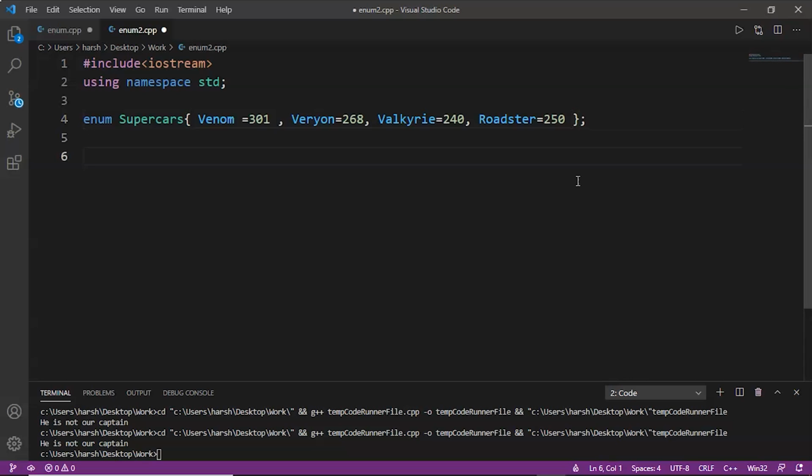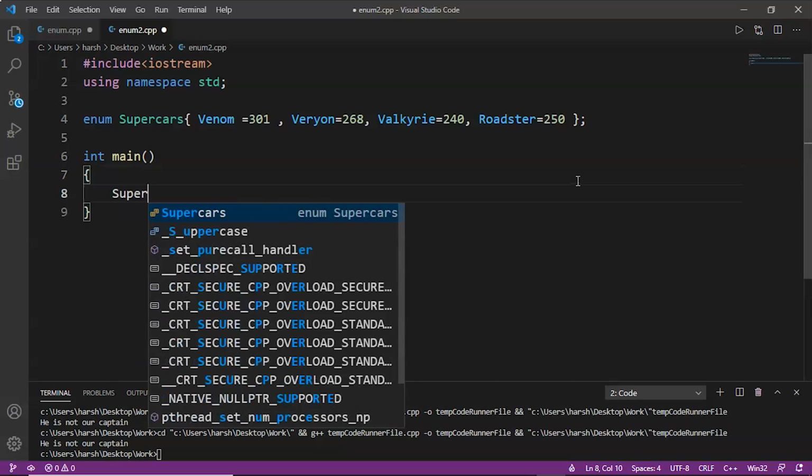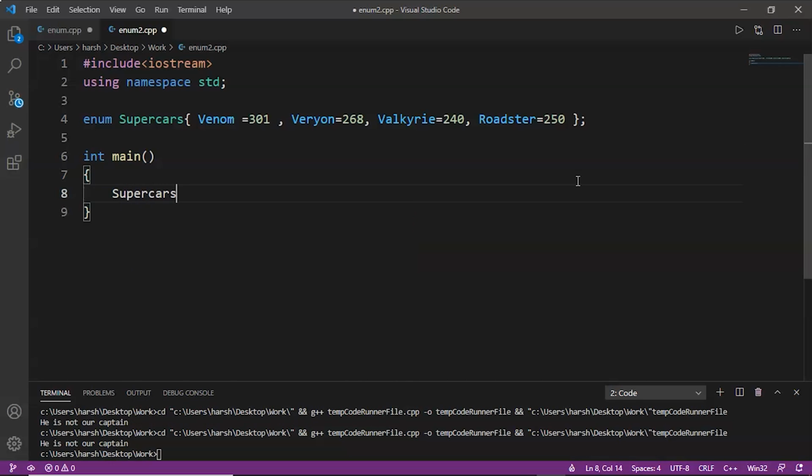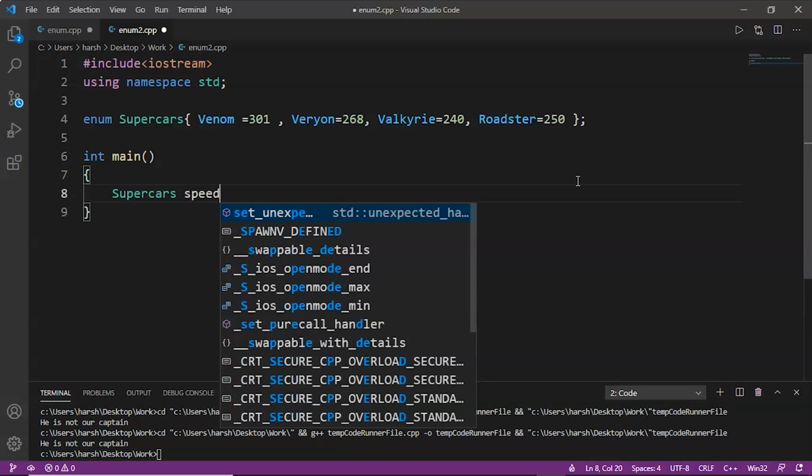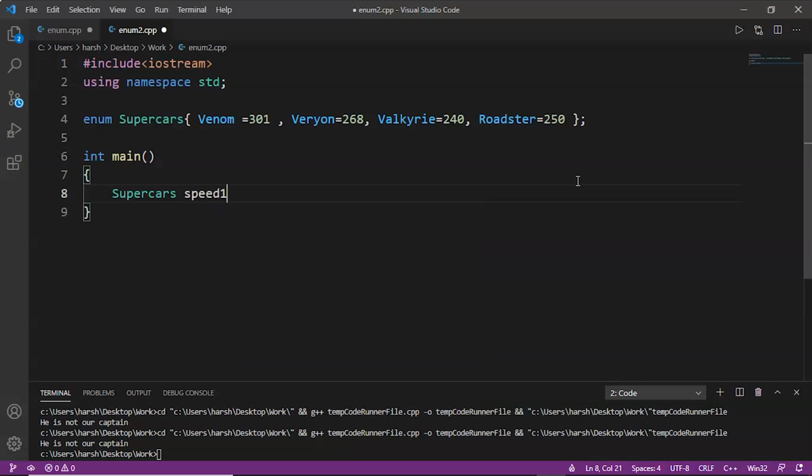Okay, now as we have created the enum, we will start with int main. So we will write the enumerated type name supercars. Now the variable speed1, because we want to create two variables in order to compare them. So first we will create speed1.